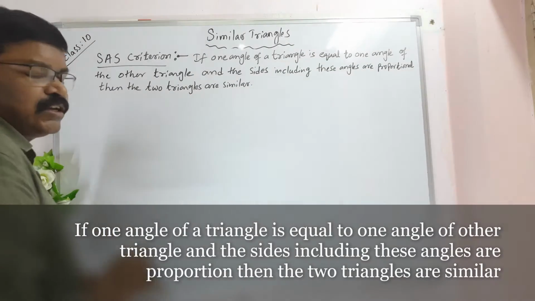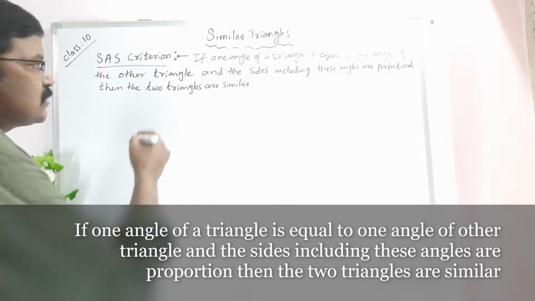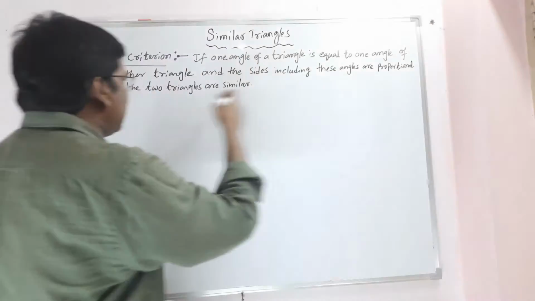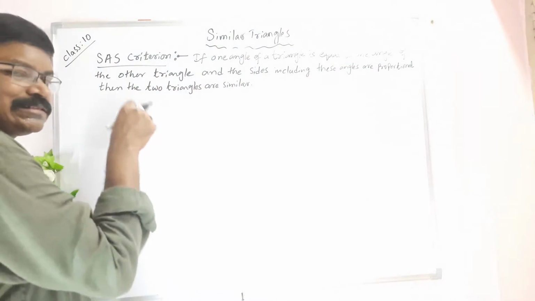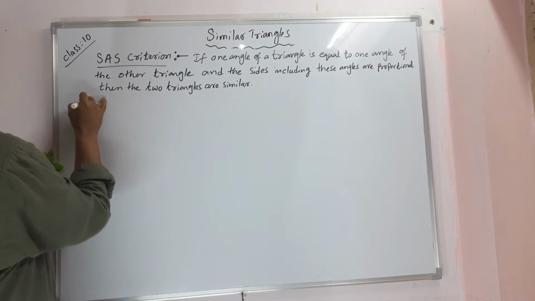The last criterion of similarity of triangles, that is the SAS criterion. The statement says: if one angle of a triangle is equal to one angle of another triangle, and the sides including these angles are proportional. That means...